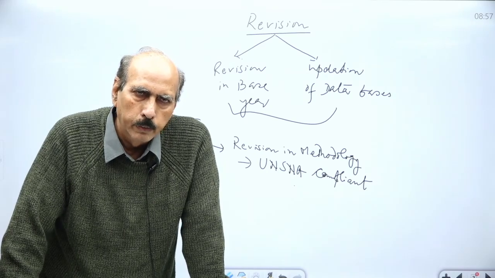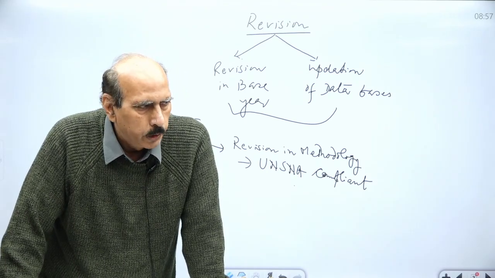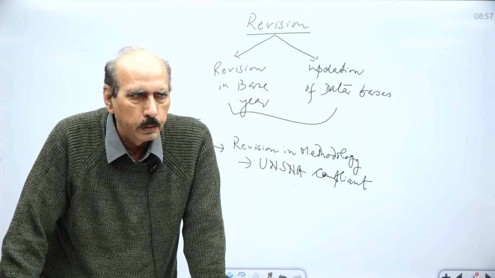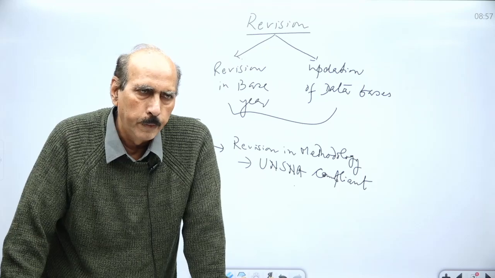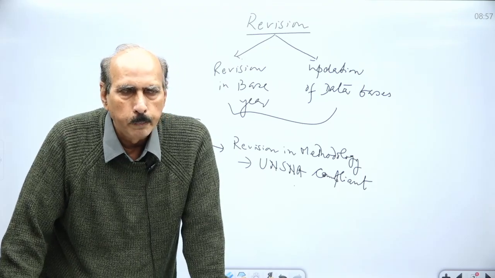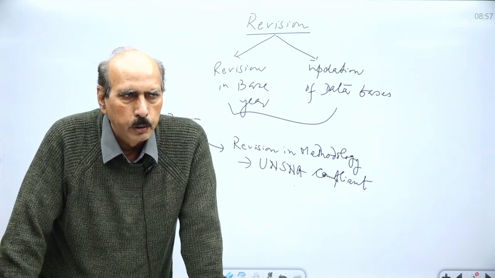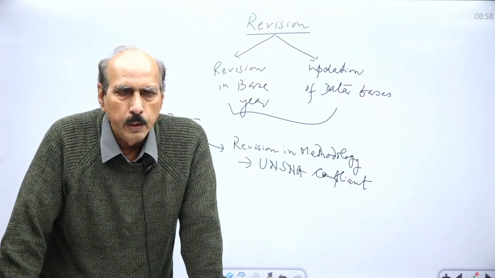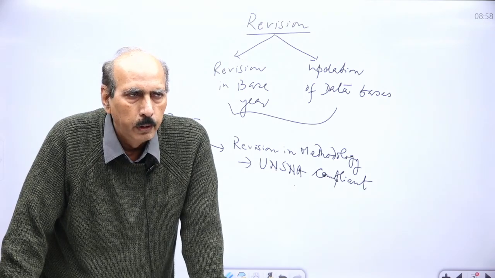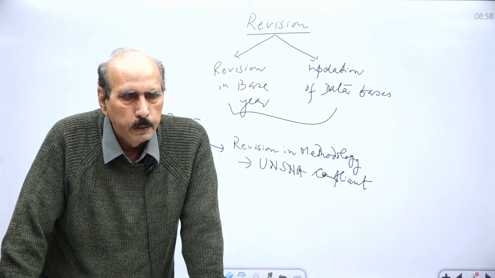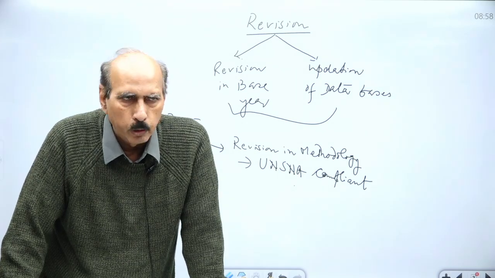So it is understood that whenever revisions are made, there are basically two objectives: revision of the base year and updation of the databases wherever it is possible. But in 2015, apart from these two, we also changed the methodology of estimation. We changed the definitions of various variables, and these definition changes led to an overestimation of the GDP, some people claimed, which we are going to discuss.